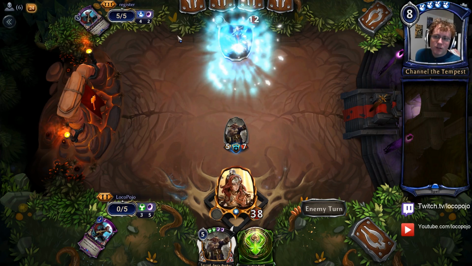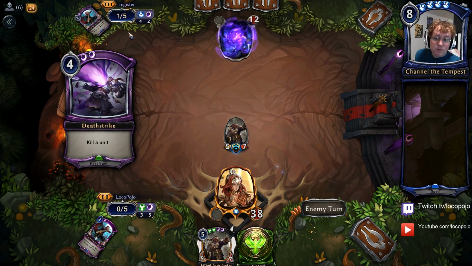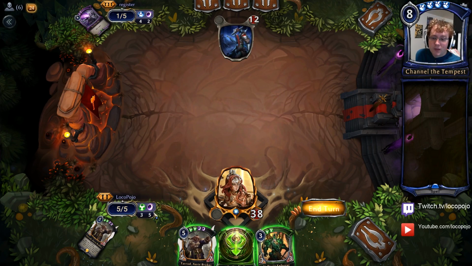Tavrod comes down. We've got the Primal. And if Register has Polymorph, Death Strike is the good answer. Any type of hard removal is very, very scary. So he did the right thing there. And yeah, like Tavrod,